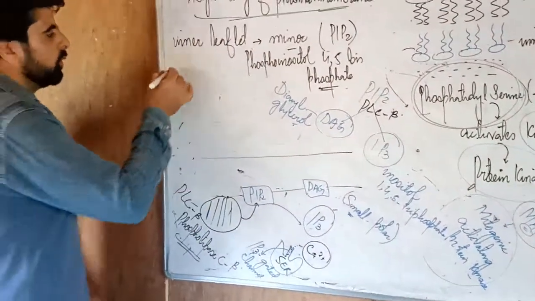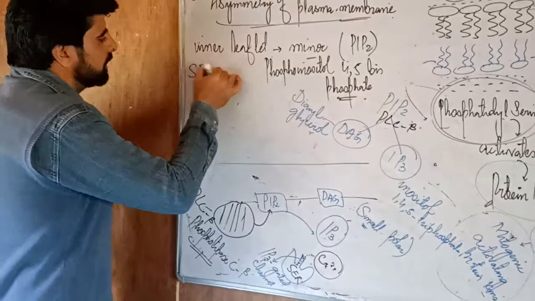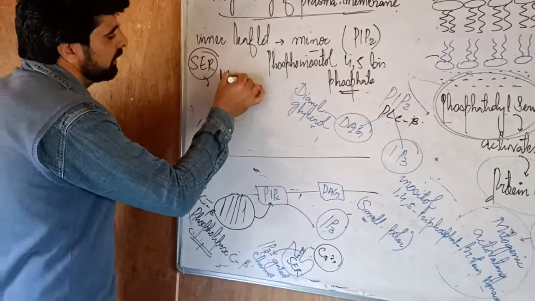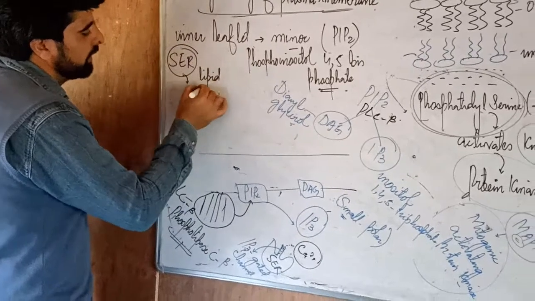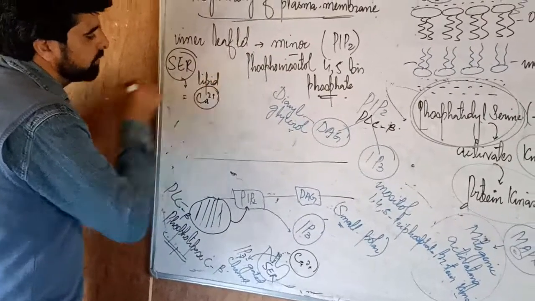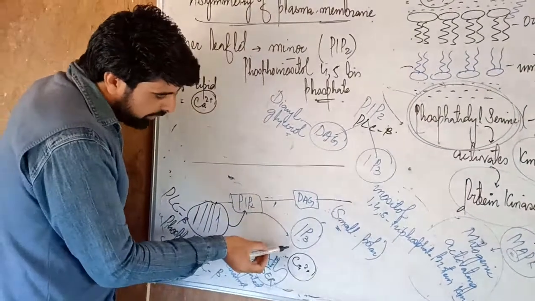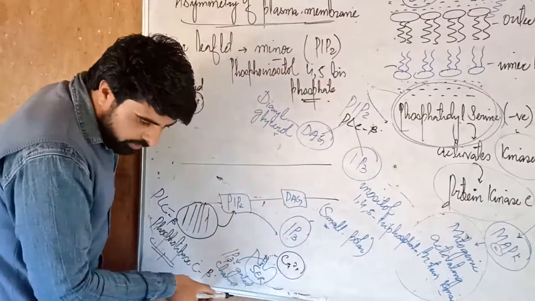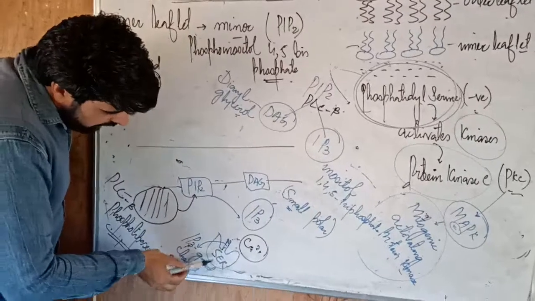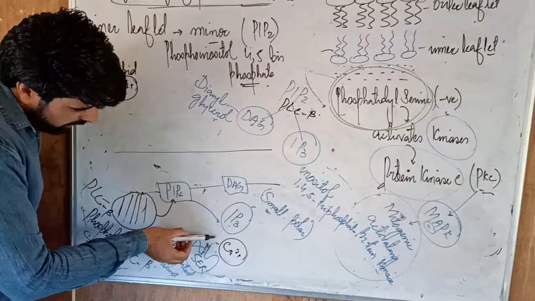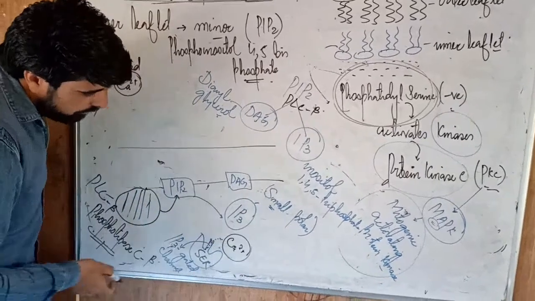If you know about the SER, it has two functions, you must have studied. One is it helps in lipid formation. The second thing is it is storing calcium, it helps in storing calcium also. So calcium is stored here. IP3 is present in the cytosol. Now IP3 comes and binds to the IP3 gated channel which is present in the smooth endoplasmic reticulum, and this channel becomes open. Calcium is released into the environment.